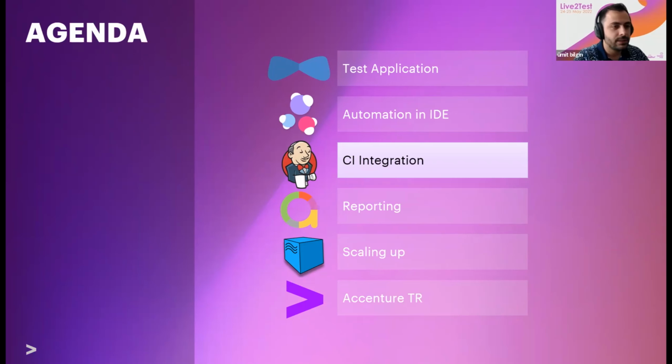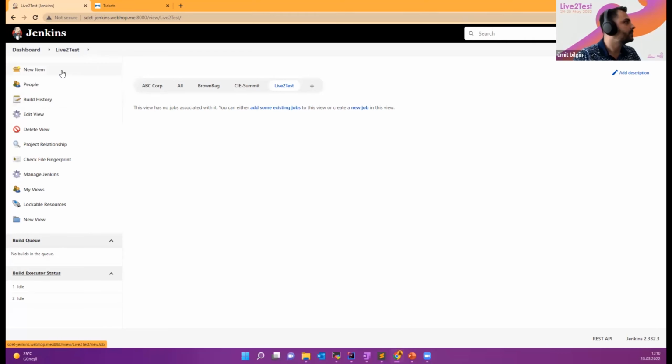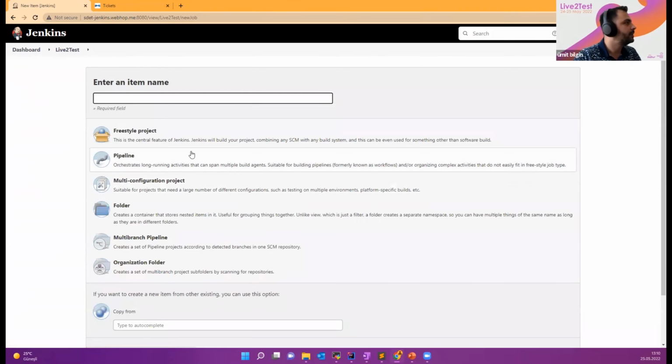So we will define a Jenkins pipeline, and we need a Jenkinsfile that describes testing stages. So let's start with creating our pipeline from scratch. I'm going to create a new item, select pipeline, and let's give it a name, Live2Test workshop.